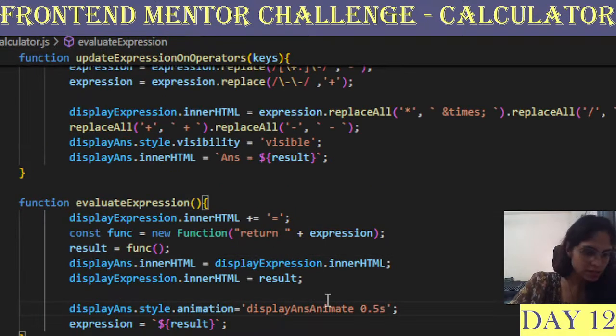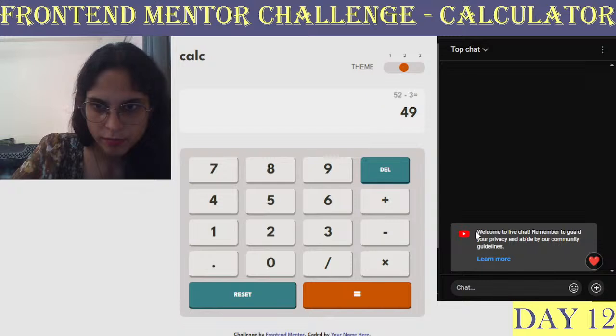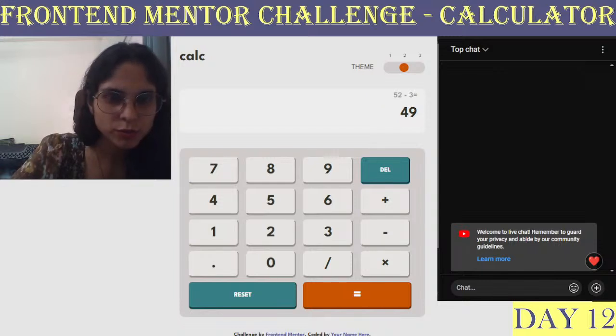Let's just make it ease in out. It's not smooth, I just want it to be smooth.